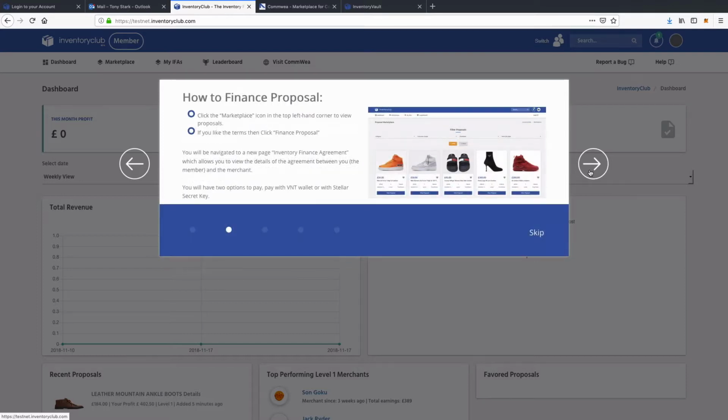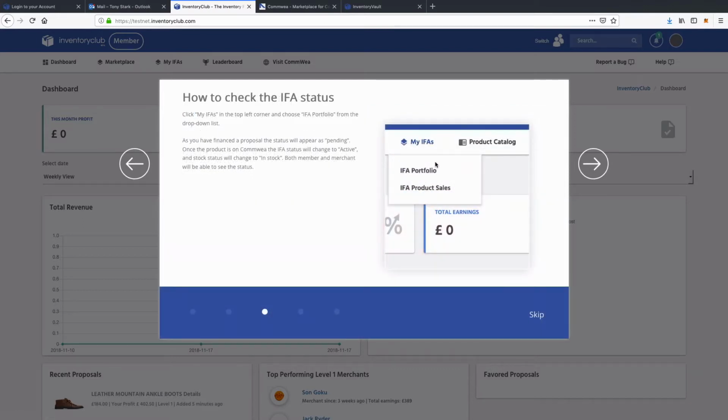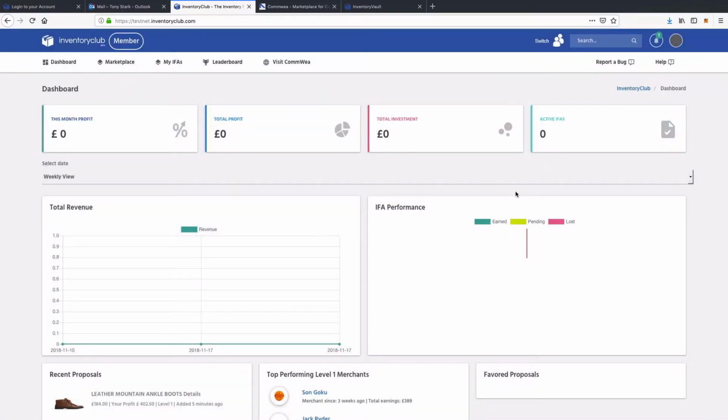So we go through here, it tells you how to finance a proposal. I'm going to show you how to finance a proposal, but when you're ready to do it, you can go through the tutorial yourself. So we'll skip that. So if we go to the marketplace,